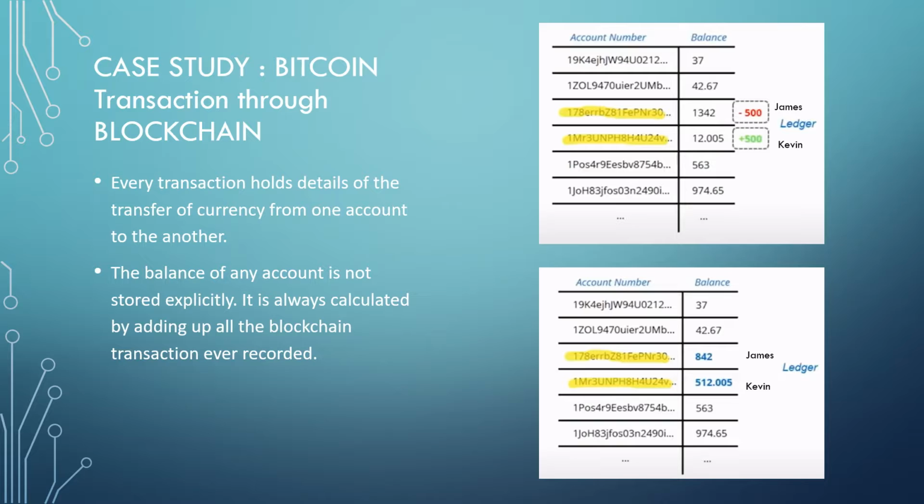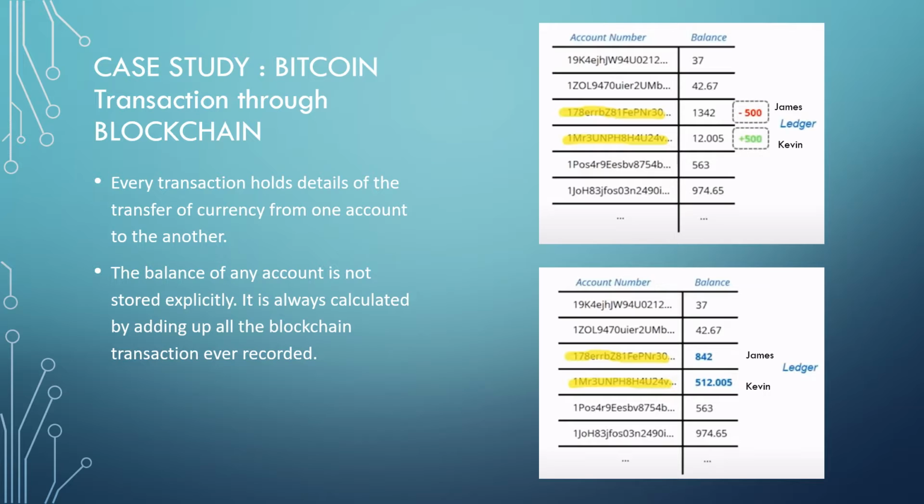So one key point I want to highlight here is that the validation is based on debit and credit history, not the actual amount in the account, just to make the process more robust. By debit and credit history, I mean his transaction history will be checked whether a sum of 500 bitcoins has been transferred to his account at any point of time, and whether a sum of 500 has been debited from his account or not. So after checking all the transaction history, if there are more than 500 bitcoins left in the account of James, the transaction will take place.